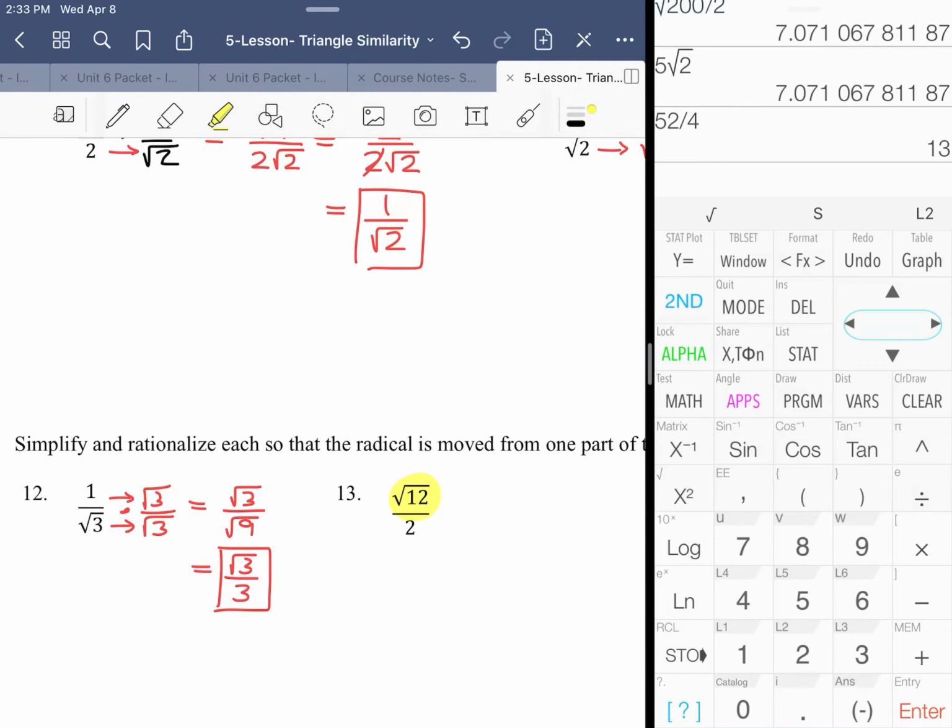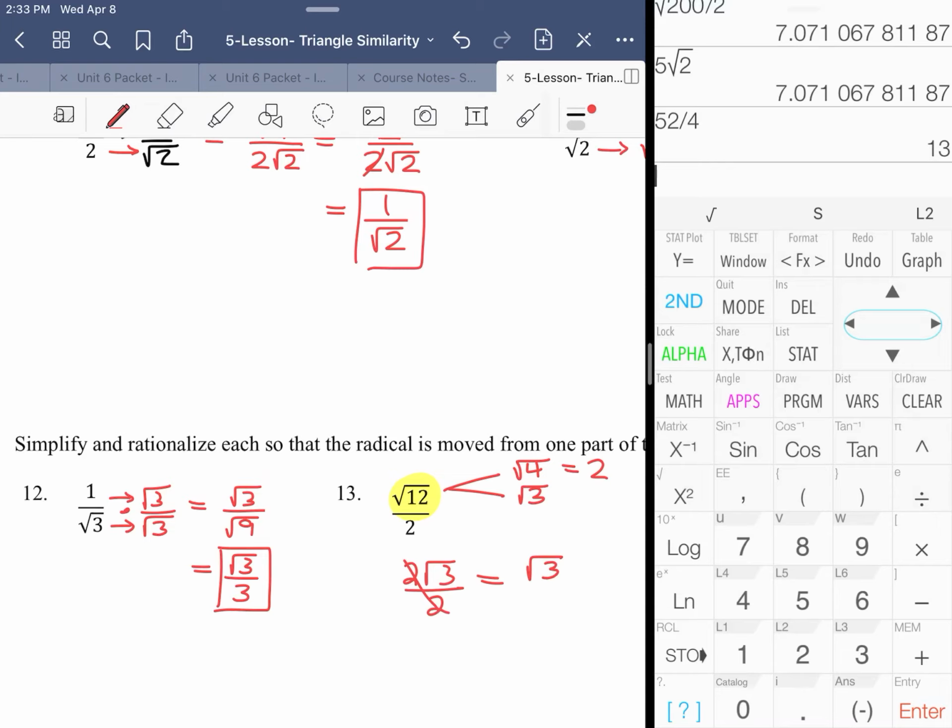We have a radical 12. That radical 12 could be broken up into the square root of 4 times the square root of 3. All right, square root of 4 is 2. So we're looking at 2 radical 3 over 2. Now those 2's cancel to equal a 1. So this is the same as saying radical 3,